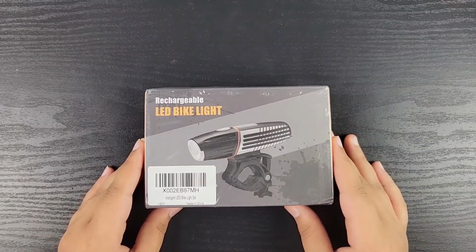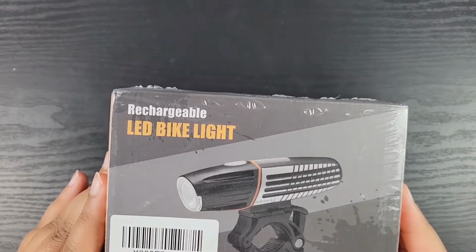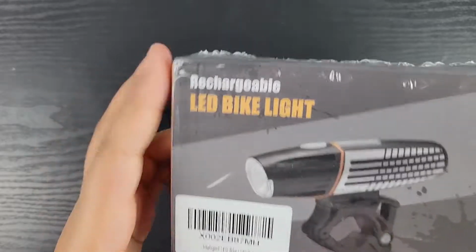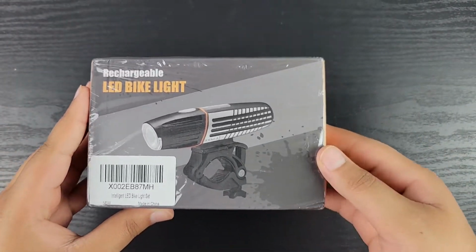Hey guys, ShivHax here, back with another video, and today I'm going to be testing out this rechargeable LED bike light. Now this bike light has an intelligent feature, so we're going to be checking out what is intelligent in